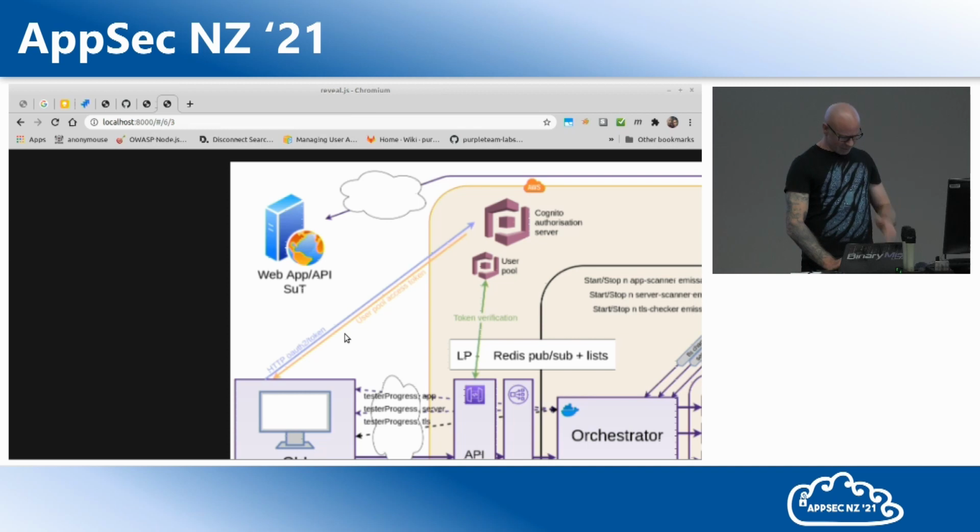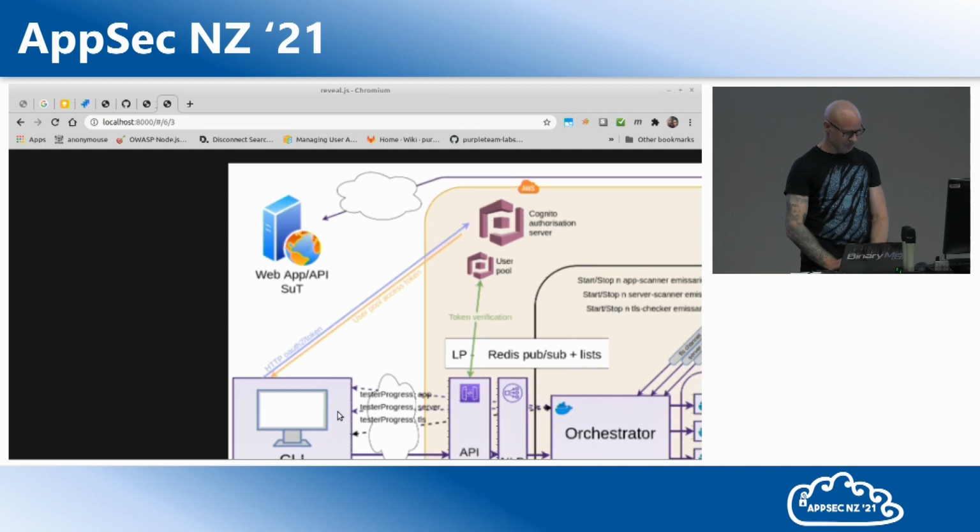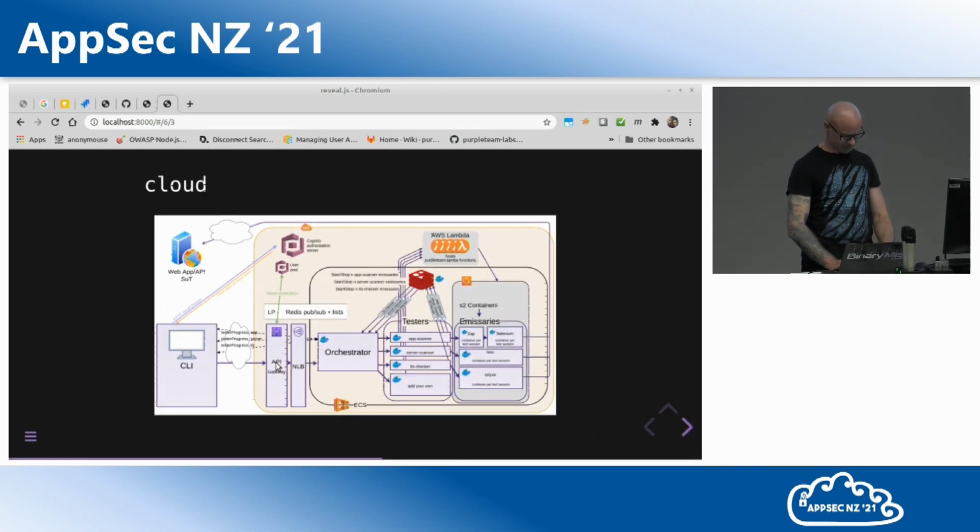Okay, so the CLI makes a post request to the purpleteam auth domain with the grant type, the client ID of the user pool app client, the scopes and the client secret. The Cognito authorization server returns an access token, and then the app can start making requests through to the API gateway with the access token.